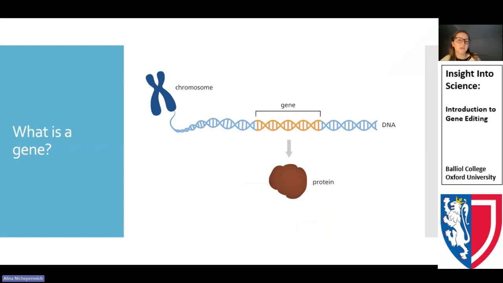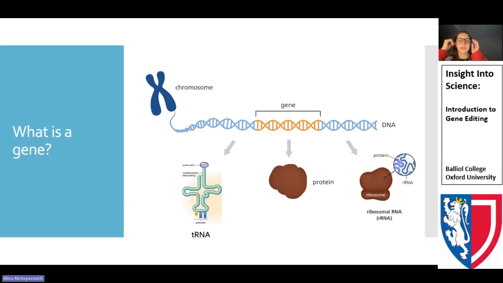A quick recap of the so-called classical dogma of biology is that we have DNA that gets converted into RNA by the means of transcription, and then to protein by the means of translation. For those of you guys who are interested in going into more biological sciences or biochemistry or even medical sciences more in depth in the future, you might also want to remember that there are also many other things